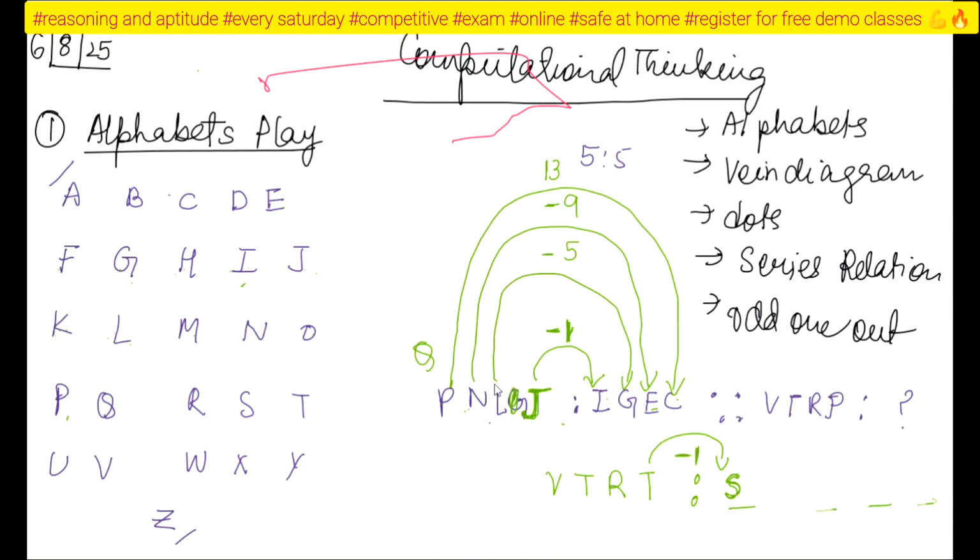So I will move from L to G. So R. 1, 2, 3, 4, 5. M. It will come M. Then next is 9. So T. 1, 2, 3, up to 9. It will be K. And then it is 13. So from V, 13. 1, 2, 3, up to 13. 13 will be your I. So S, M, K, I. Is this okay?